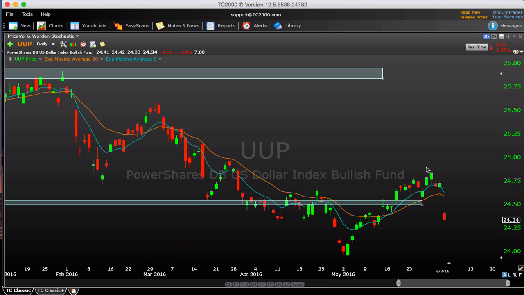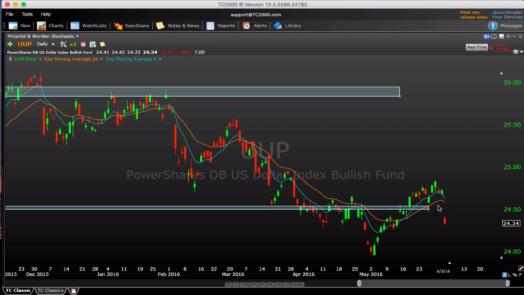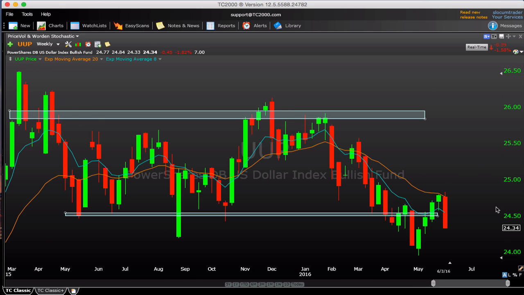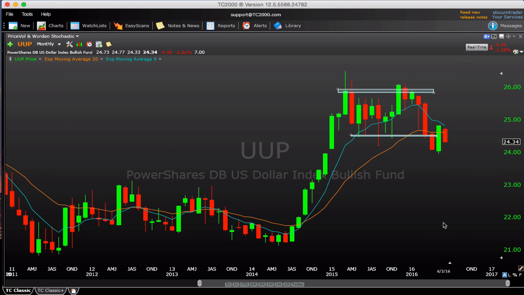And then UUP, actually, let's discuss that, which is really what helped fuel this gold, silver, and some of these other commodities. On Friday was just a complete rollover here in the US dollar. Completely lost this 24.50 level. Weekly chart suddenly doesn't look so hot after we were pretty excited about getting back above 24.50. We very quickly lost it all in about 1 day.